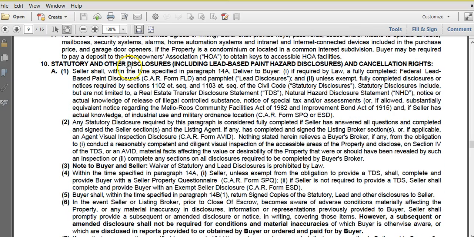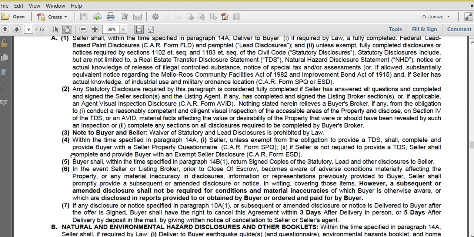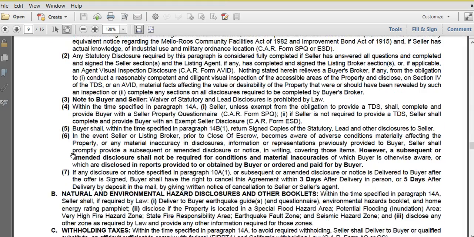Now, this is statutory disclosures. I'm going to send you, after we get accepted here, and only when we get accepted, a list of all the disclosures that the seller has given to the listing agent to tell us what the quality of the property is. So if there's anything wrong with the property, we're going to get what's called disclosure or some paperwork that tells us that. I'm going to go through those disclosures and I'm going to make a list of everything that I find either outstanding or very good or anything that's important, so you don't have to go through that yourself unless you want to.